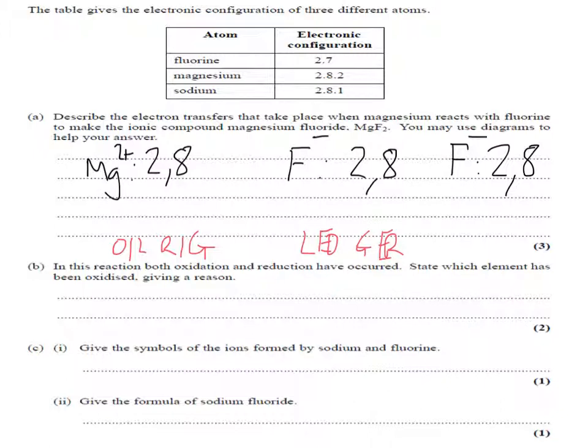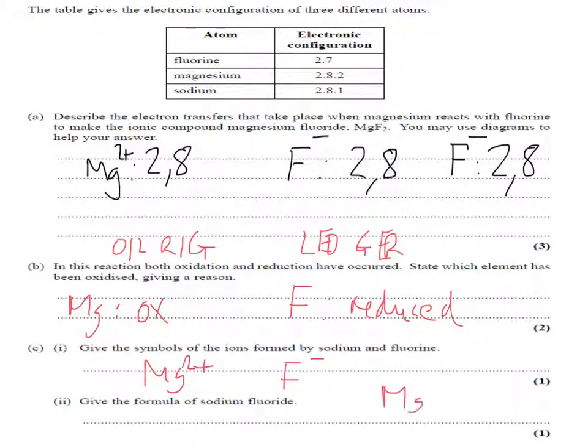So, which element has been oxidised? Well, which element has lost electrons? So the magnesium has lost, so the magnesium is oxidised, and the fluorine has gained an electron, so that's been reduced. And we've already answered part C1 up here. We've got Mg 2+ and F-, and in the compound our formula is going to be MgF2 because the overall compound is neutral, so we'll need 2 fluorines, or 2 fluorides should I say, to cancel out